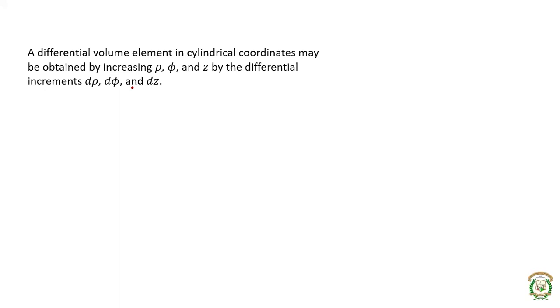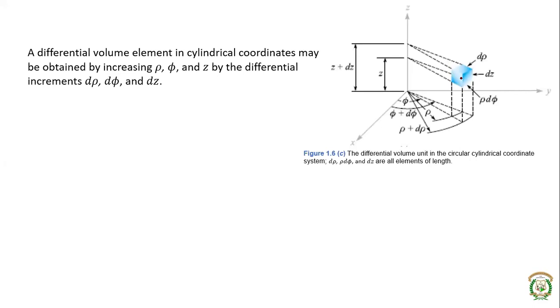Suppose you take a point P. We increase the radius rho by d rho, increase the angle phi by d phi, and increase the length z by dz. So we will get this. The point P is somewhere behind, so draw those invisible lines. That point P is somewhere here. Increase the radius by d rho, the angle by d phi in this direction, then move it to the top. Point P will come here, from what you cannot see to what you can see at the top.